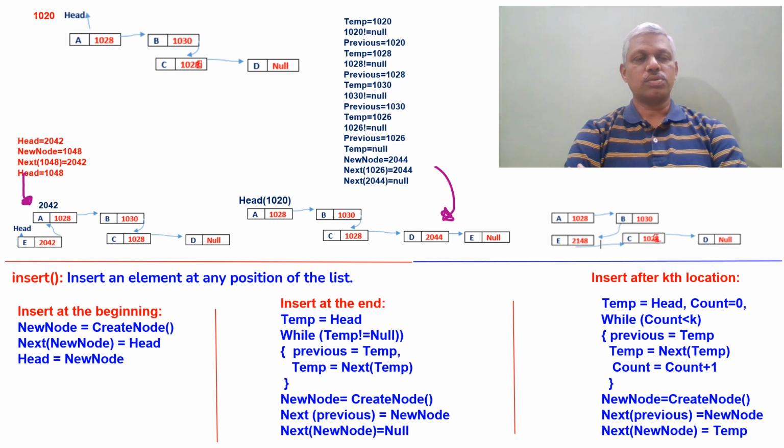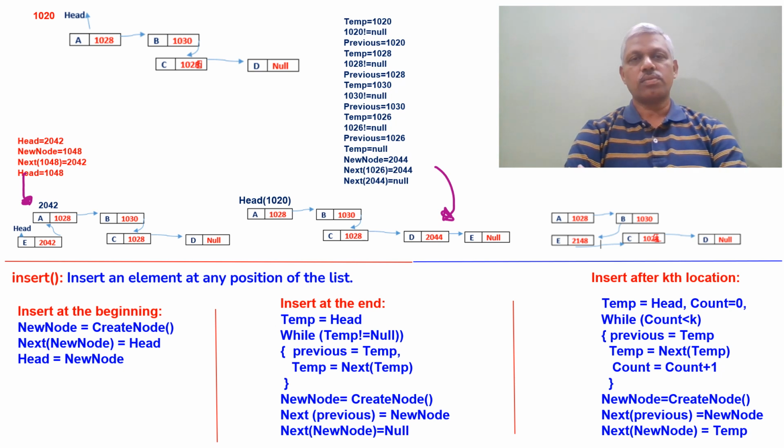E is added to the existing linked list, and 2042, the address of the previous head, is updated here as a link in the node consisting of E, and the memory address of the new node is taken as the head node. Similarly, if you want to insert at the end, whatever node that we are going to insert,